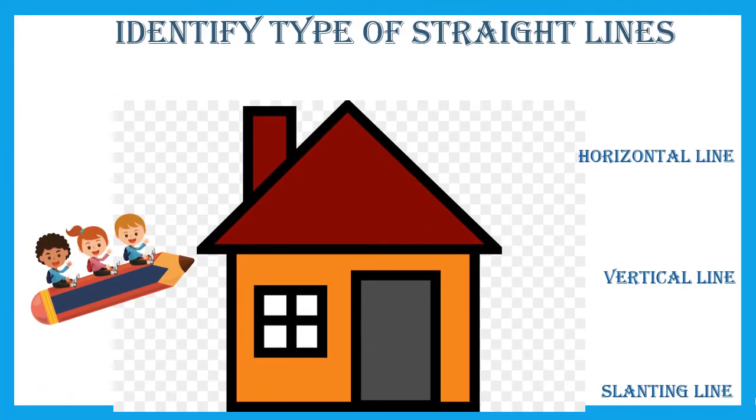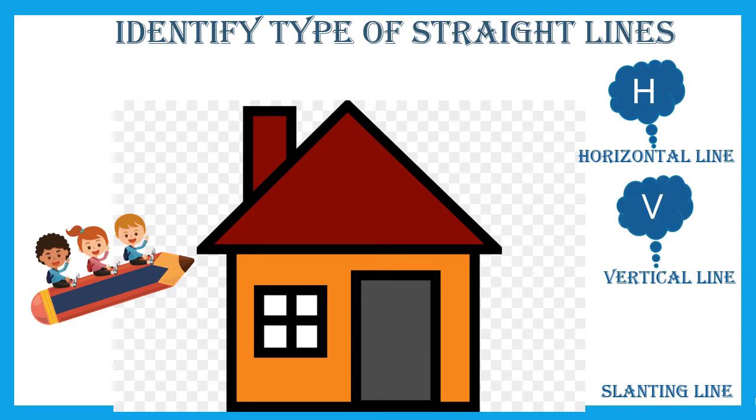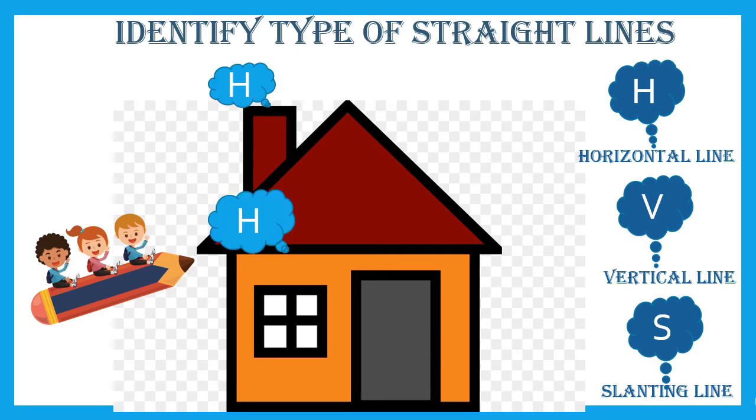Now, since we know the horizontal lines, vertical lines, and slanting lines, in this picture we'll be identifying these types of lines. So for convenience, I'm writing horizontal line as H, vertical line as V, and slanting line as S. So let's start from the top. This is a horizontal line. Here a horizontal line, here, and a horizontal line over here. Now in this part also there are horizontal lines and vertical lines, but I am not marking here. It's your task to find the lines in this part, right?